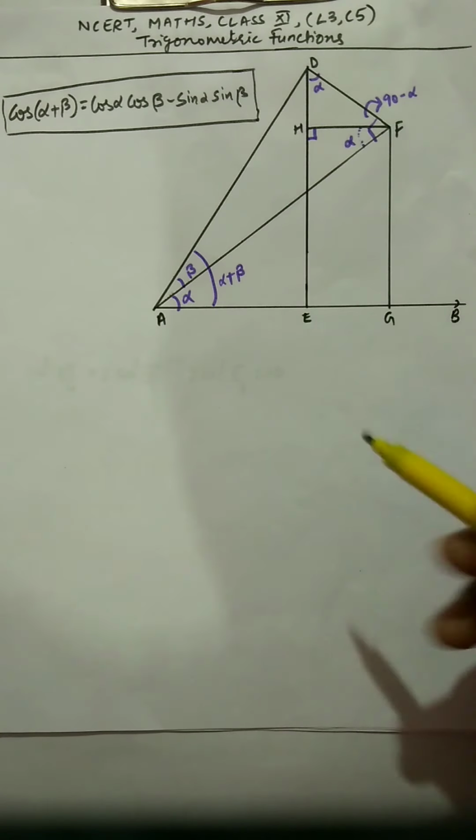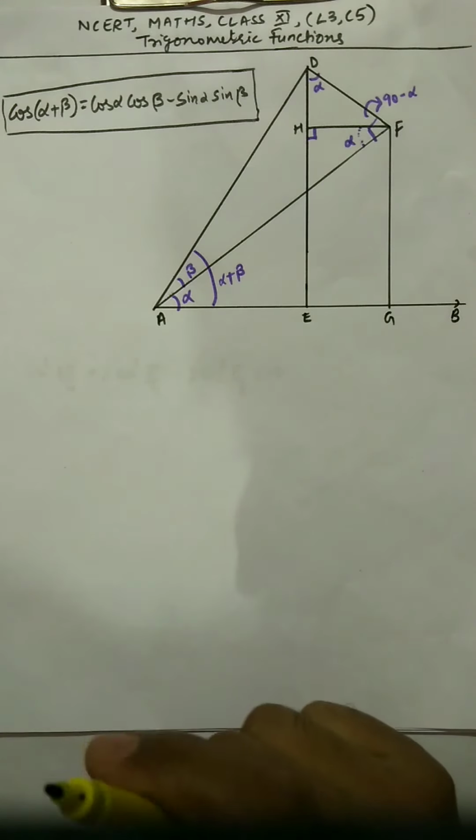Today we are going to derive the formula cos(alpha + beta) = cos alpha cos beta − sin alpha sin beta. This formula is called the mother of all trigonometric formulas that you are going to study, or the formulas that you've already studied. So keep in mind, this formula is the basis of all the formulas. Please understand it in a better way, so that you can derive other formulas from your side.